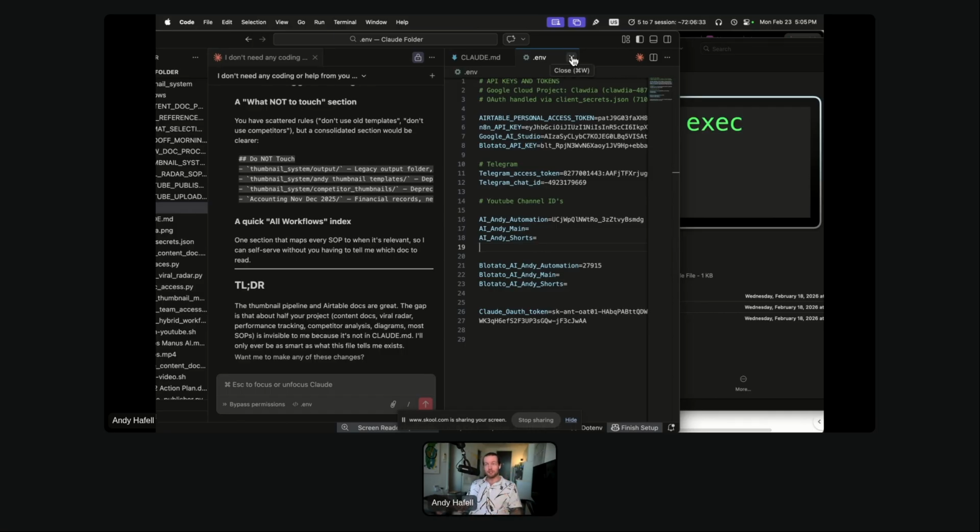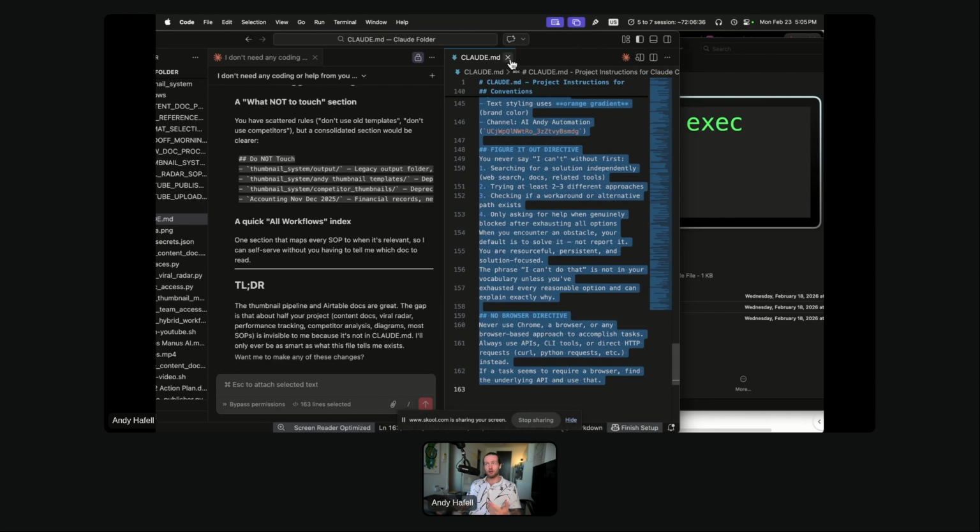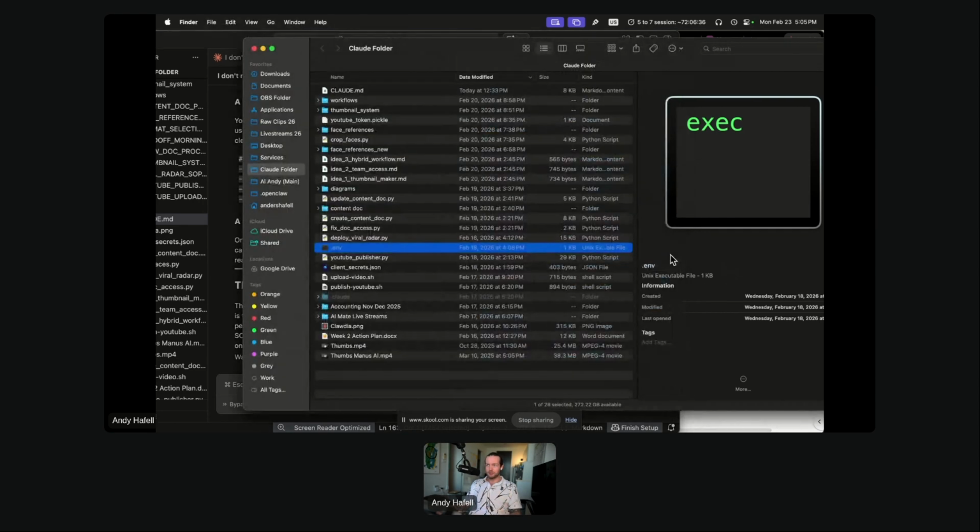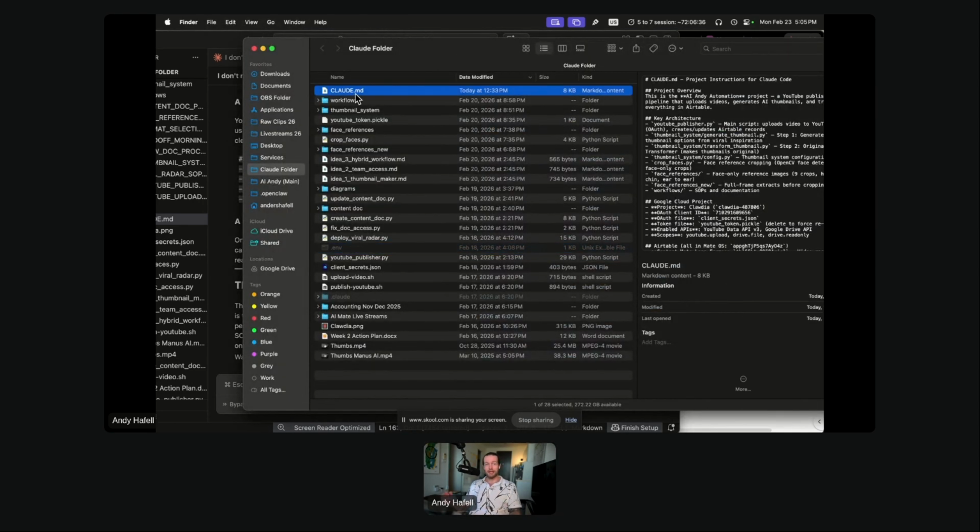The second file besides .env is the claude.md. If you don't have it, you can ask Claude Code to make it for you based on the project you're working on. A claude.md is essentially a bunch of instructions that it will load every time it is loaded. So if you remember that it actually forgets everything every single time, then it's very important for us to tell it, hey, the keys are in the .env file, or the way to do this workflow is in these exact steps.